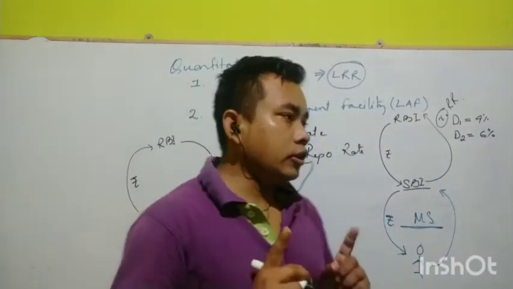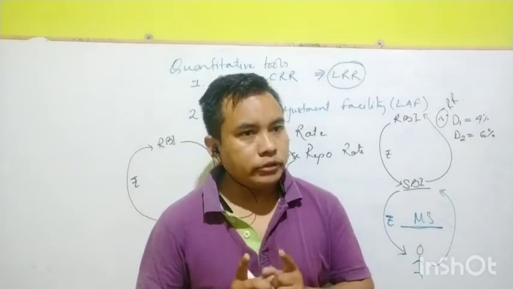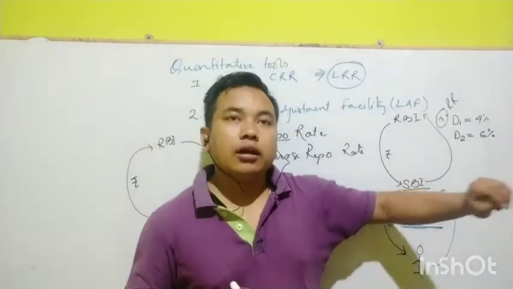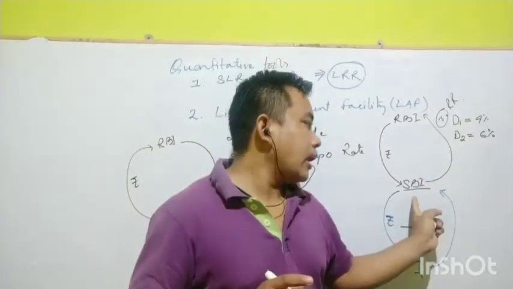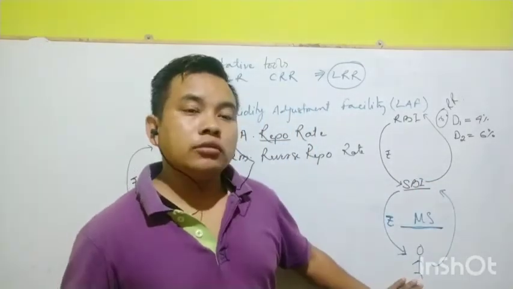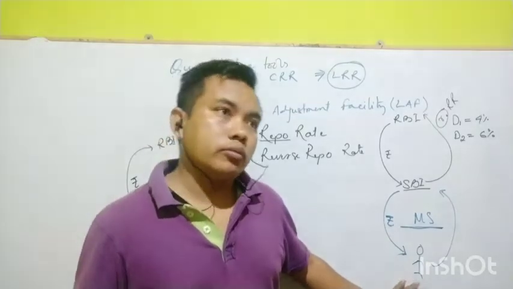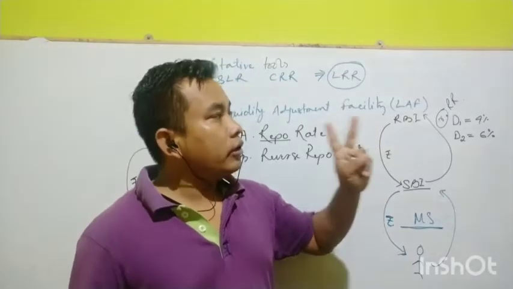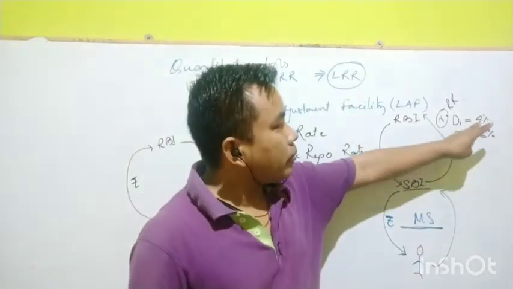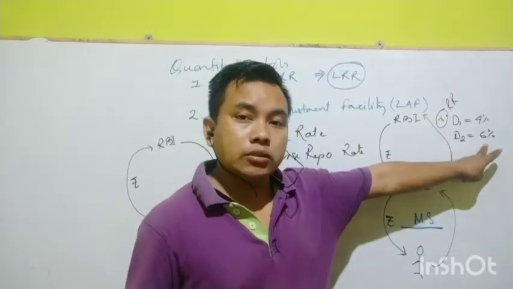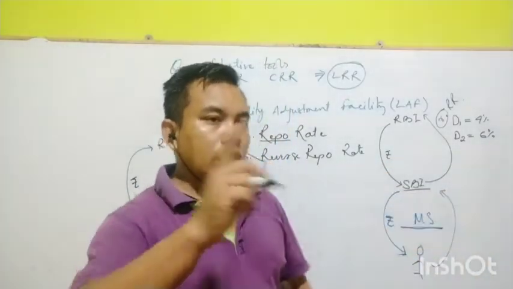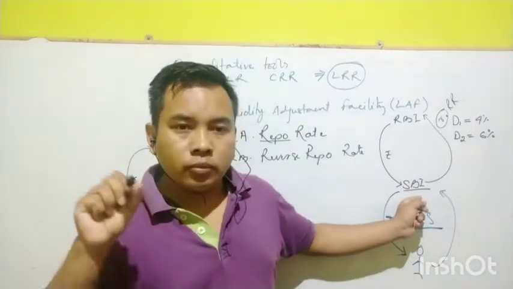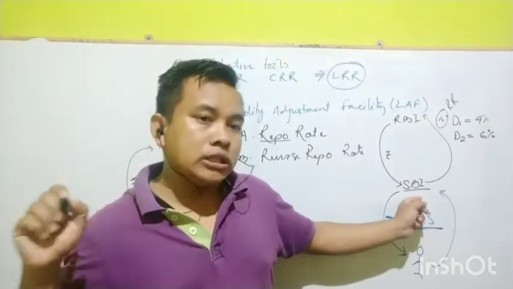So there will be two effects. The first effect is that when I increase the interest rate, you, SBI, will start charging more interest rate to the people. The second reaction is that because of the increase in the repo rate from 4% to 6%, definitely you, SBI, will be discouraged to borrow money.